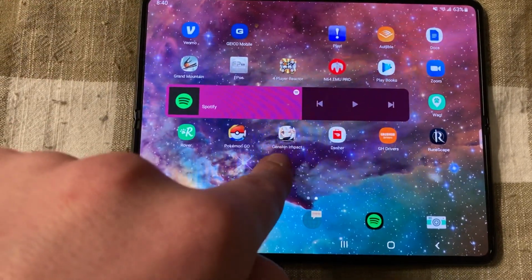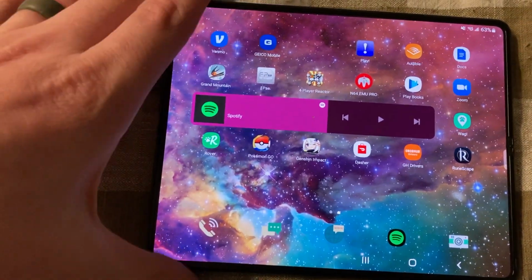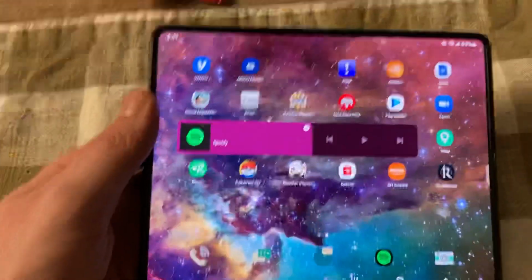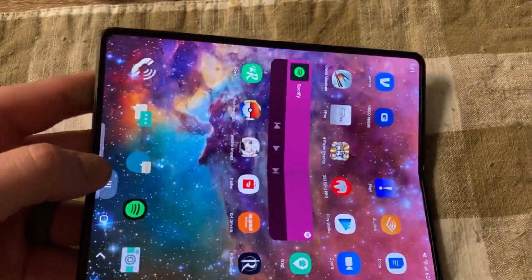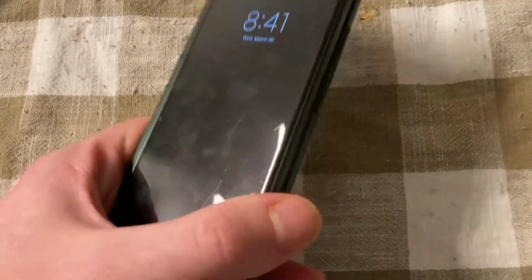So I would say that I really enjoyed this device, but as a phone, it became a little bit frustrating to use, not because it's a slow phone or a bad phone. It's just too big. I went and got this expecting it, but I don't want to have to